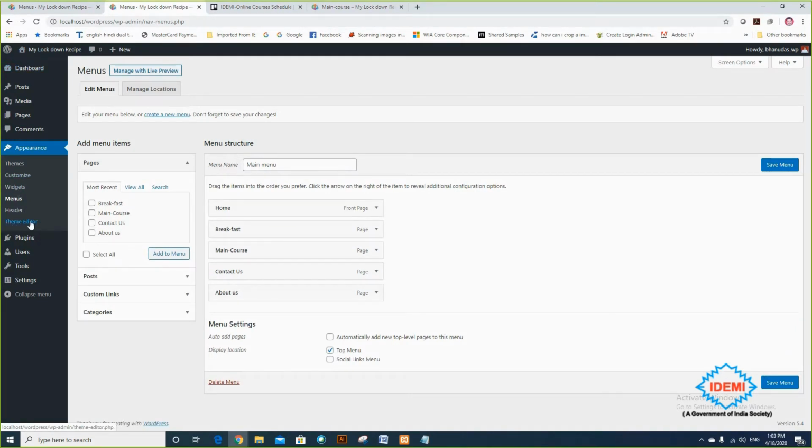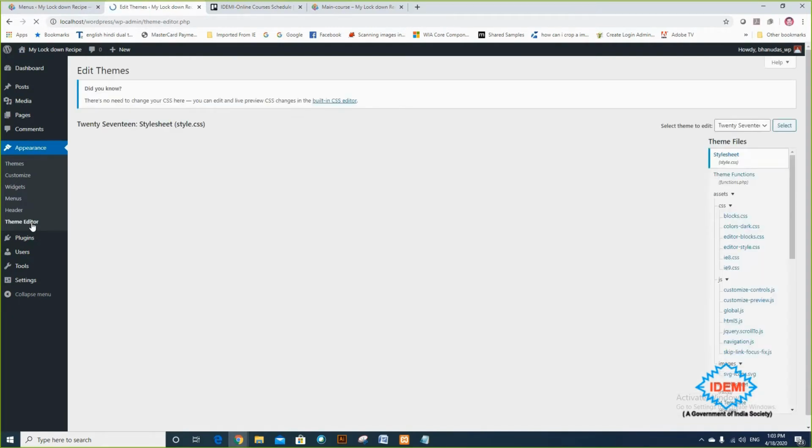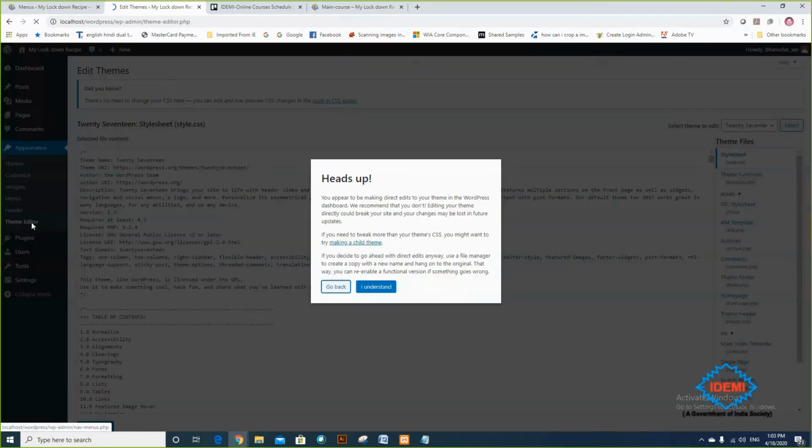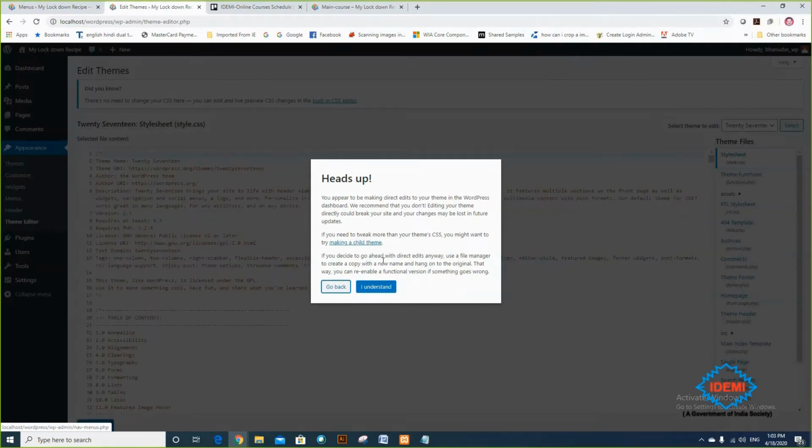Don't select this particular theme editor if you are not a good programmer of PHP. It says you appear to be making direct edits to your theme. We recommend that you don't edit your themes directly.